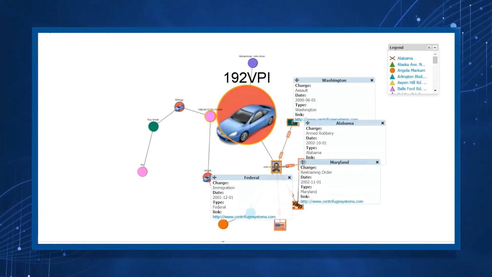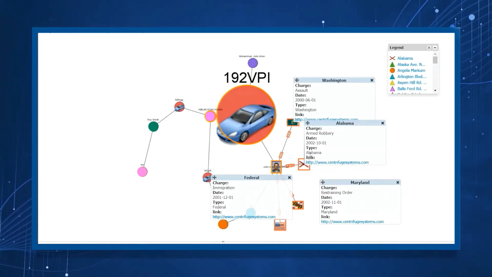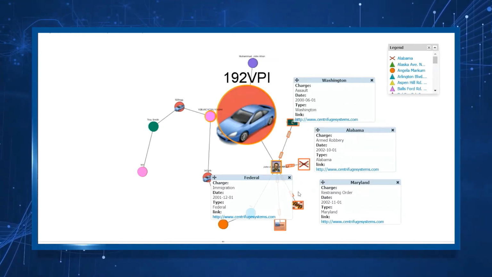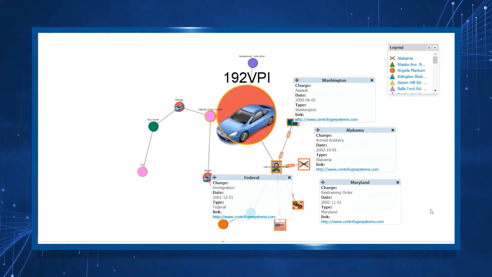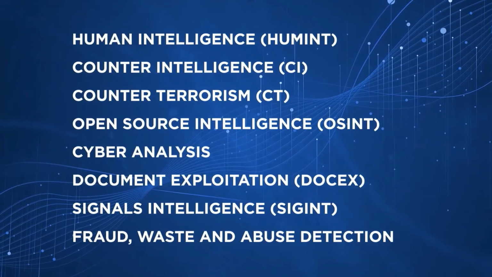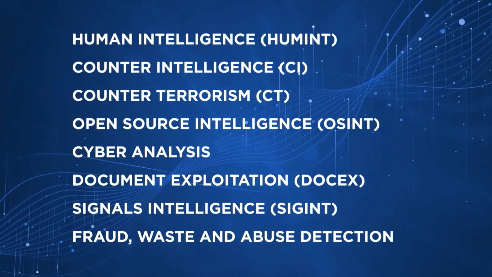All the data was there. Investigators just needed better data collection and better analysis tools to get to a faster conclusion. This is one example of how Centrifuge could have been applied in the past. Today, Centrifuge is being applied to intelligence and DOJ missions,